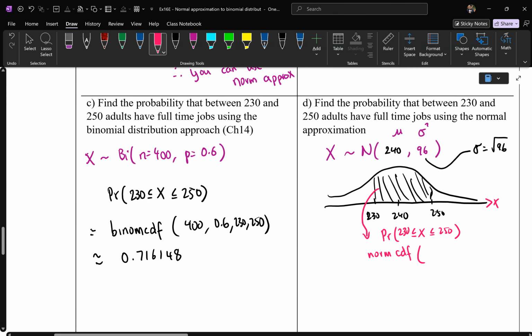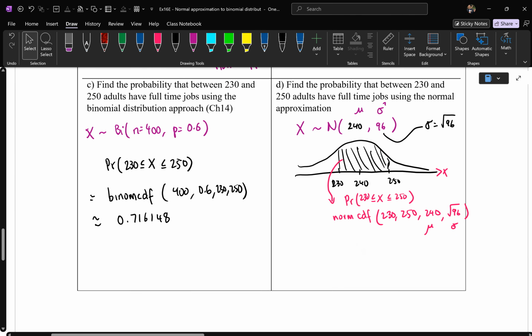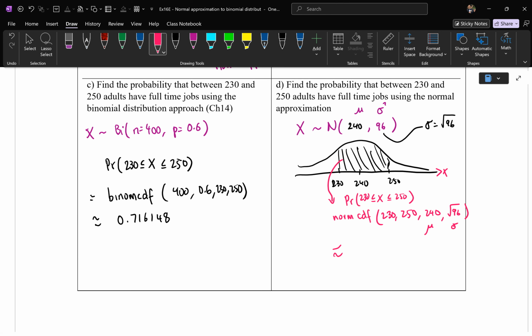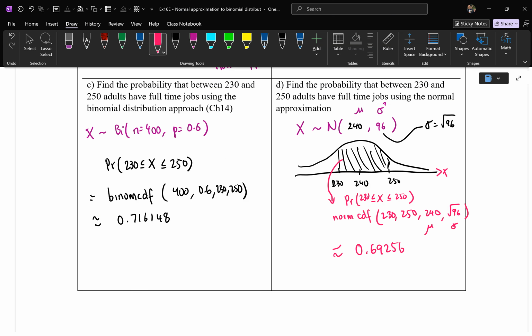So here we go. We do norm CDF of 230 lower bound, 250 upper bound. Mean is 240, so I'm going to write mean here, and standard deviation was root 96. Okay, so this is what I'm writing so far. And what do we get? Was it approximately 0.69256